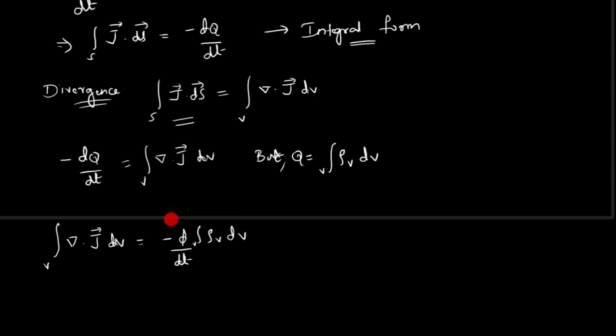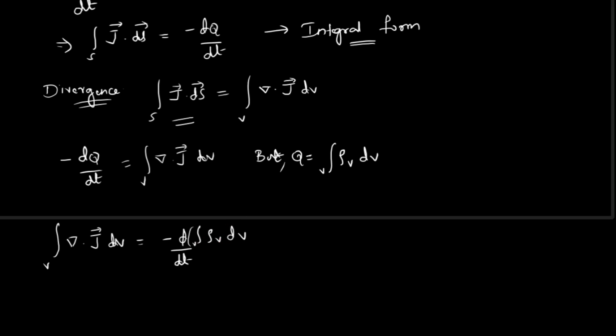Now concentrate on this side, that is the RHS: minus d by dt of the volume integral of rho v dv. If I am evaluating this for a constant closed surface, I can easily interchange these operands. In the sense, instead of finding the differential of the integral of this quantity, I can find the variation of this quantity and then integrate it. That is possible. So interchanging the operands, I need to find the variation of rho v within the volume, then integrate it for the entire volume.